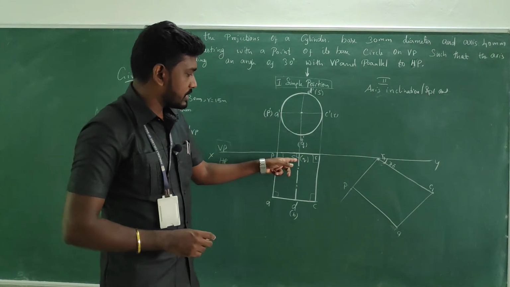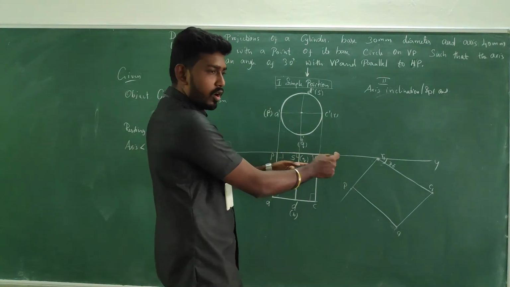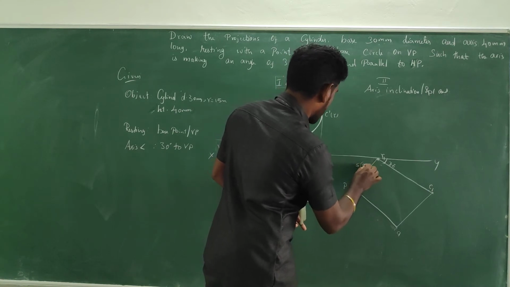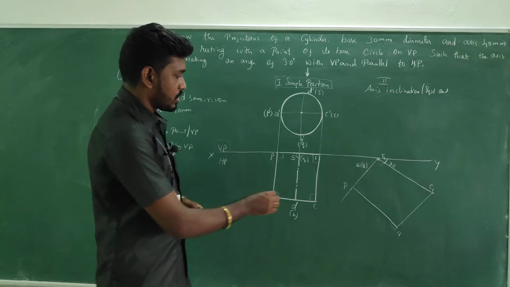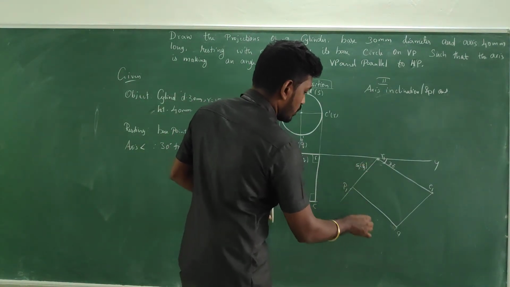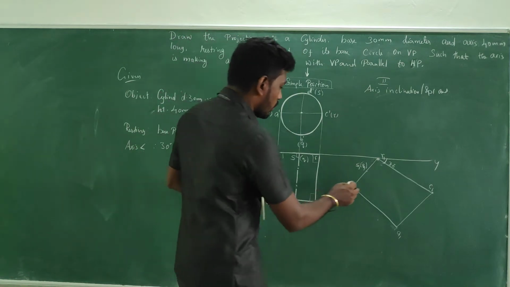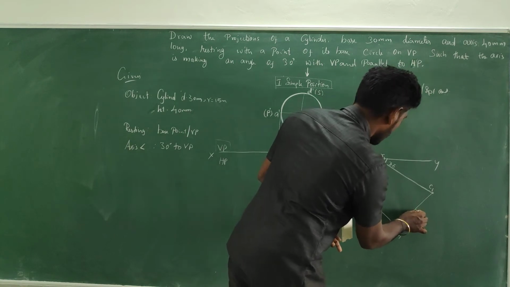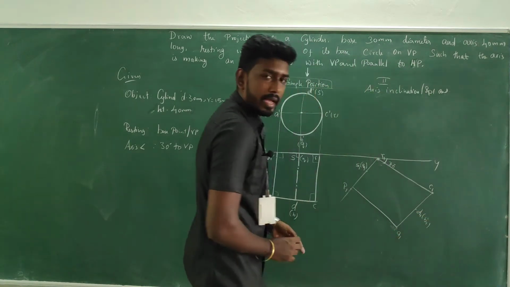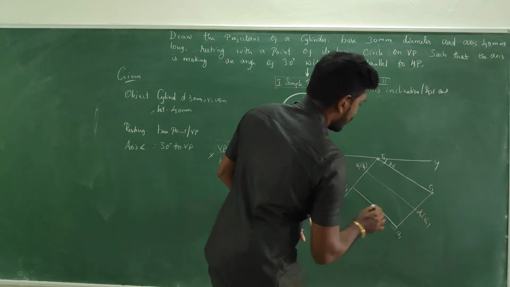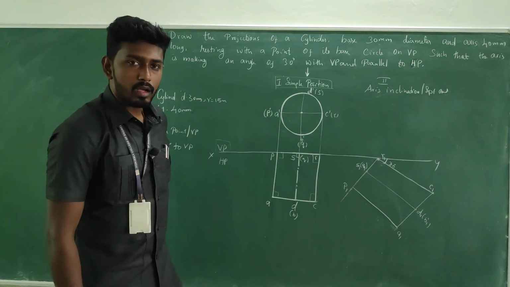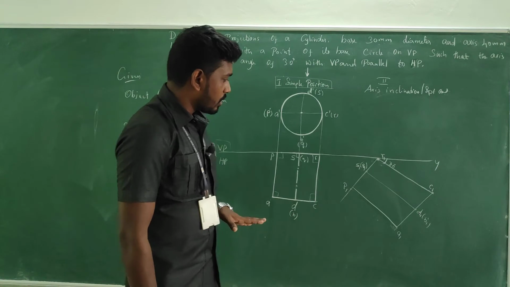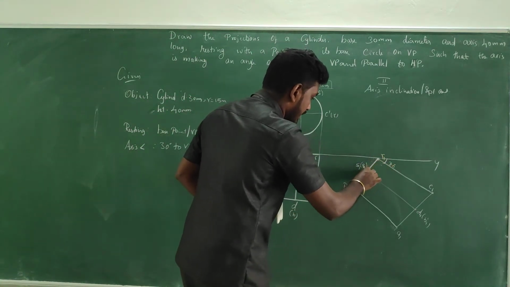Then what about this S and Q? For that, take the measurement from the R, transfer it, so that here you will get S. This is S1, Q1, this is P1, this is A1. If you take the measurement from the C to D, transfer it, have a cut mark, this would be D1 and B1. Connect it, and you will get the line S to D. Fine, almost everything we have captured in the inclined manner.